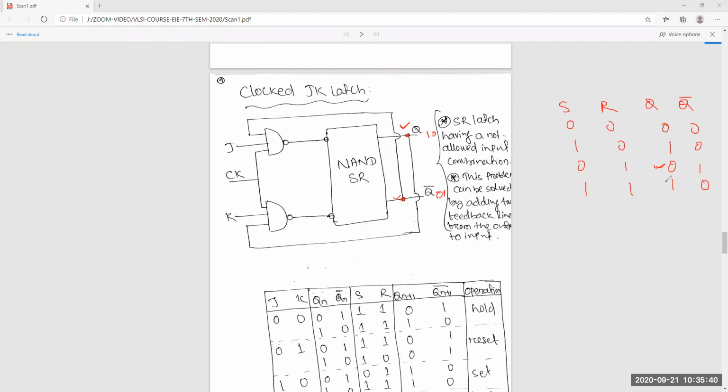This will only toggle. Whatever the previously stored state was, that will toggle in this case. But in SR, in this condition, you get both outputs the same. That is the invalid condition, but we are removing that condition here in JK.